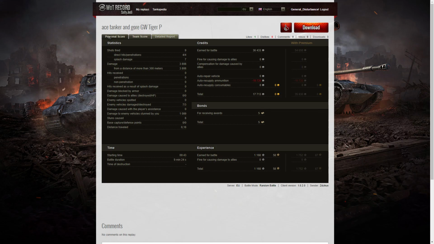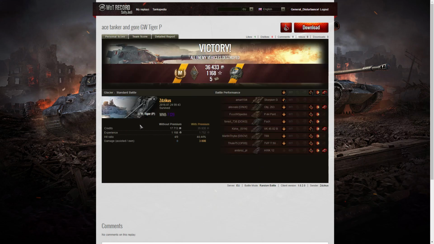But it's a particularly good battle, and he did do exceptionally well, especially that shot on the Foch, which was lovely. And the first shot on the TVP actually persuaded that TVP that it wasn't a good idea to sit around trying to spar with anybody the other side of that ridgeline, because if he did, he was going to get wiped out. And that forced him back into the battle further north, and that enabled Zdzikus' teammates to take